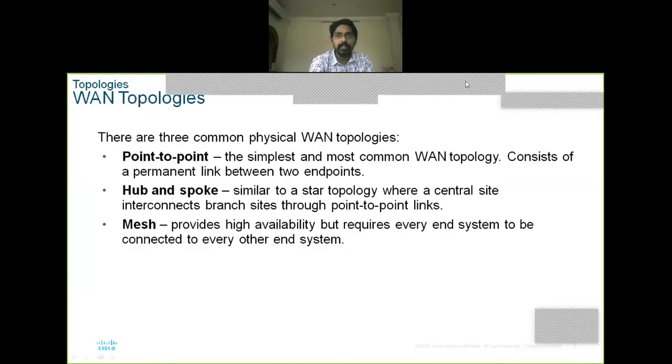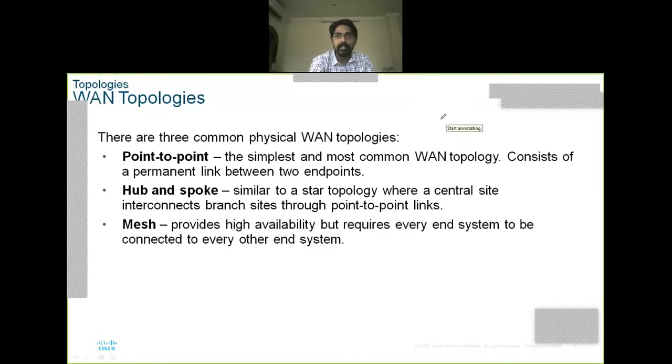Point to point means, for example, a source to destination direct connection. This is one point, this is another point. If you connect a point directly to a point, this is called a point to point connection. Next, hub and spoke technology. Hub and spoke means the network which I drew in Cisco Packet Tracer. Consider this is a switch device.